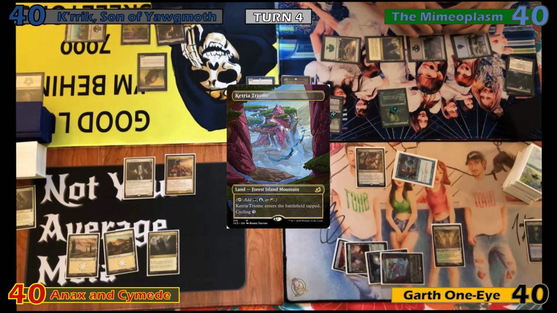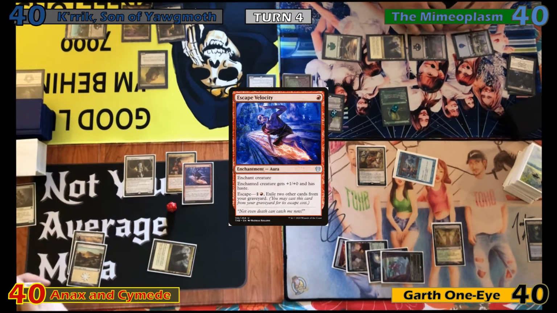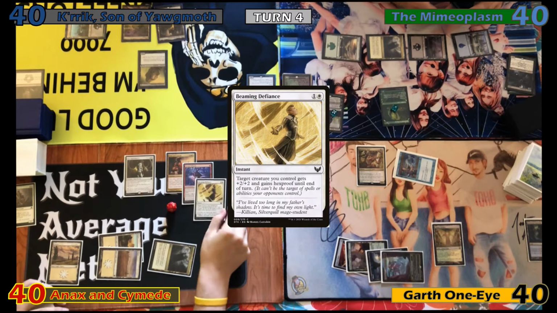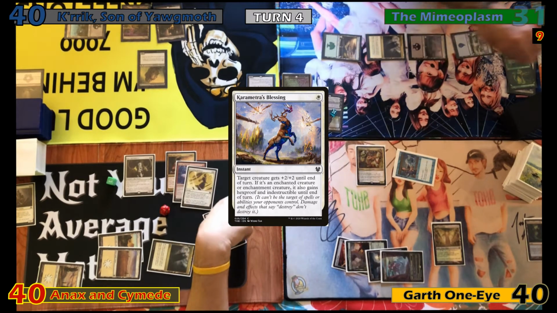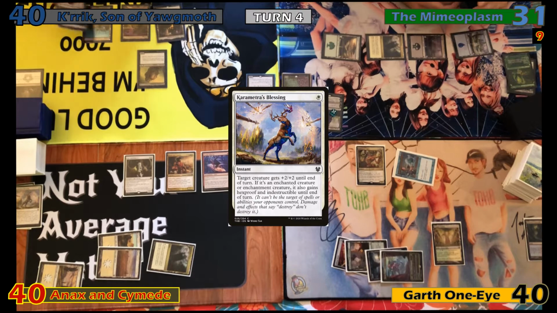Fog draws, then casts Escape Velocity, targeting Anax and Cymede, triggering Heroic, and plays a Plains for turn, before targeting Anax and Cymede with Defiant Bloodlord, triggering Heroic, and then casting Karametra's Blessing, triggering Heroic once again. He then swings at Justin, who blocks with the Scythecat, but still takes 9 commander damage from Trample. He then passes. Foil draws for turn, plays a Swamp,